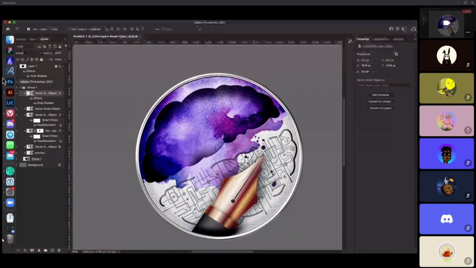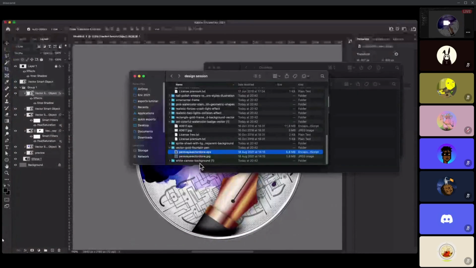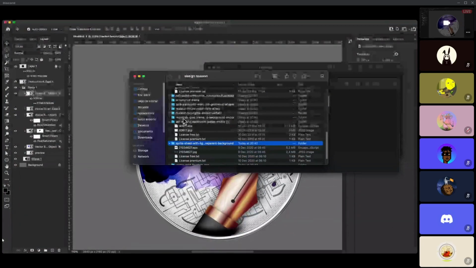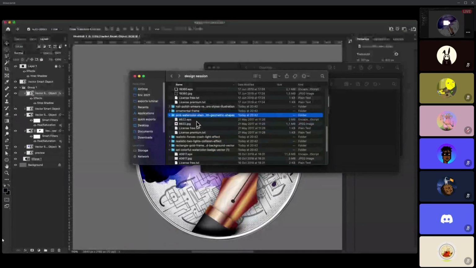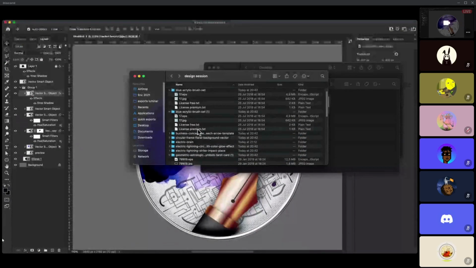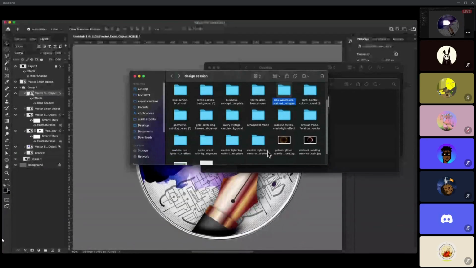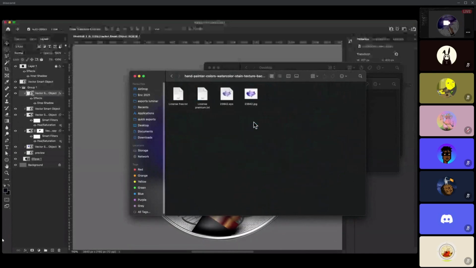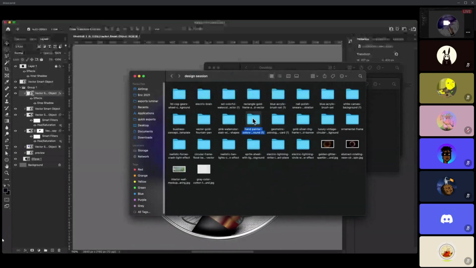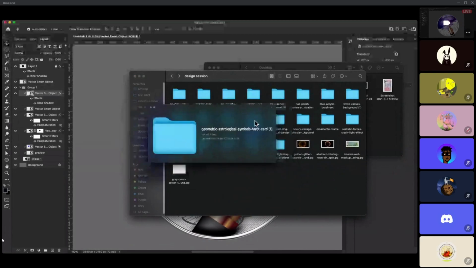And the other one was a brush. So let's see if I can find that. I'm just going to remove what I'm not using anymore.